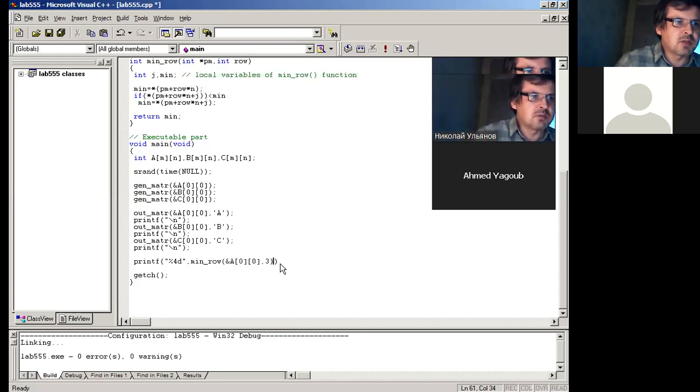Before this, it is better to indicate which matrix and which row. How to indicate it? Here it is better to put the information: so this is the minimal element of